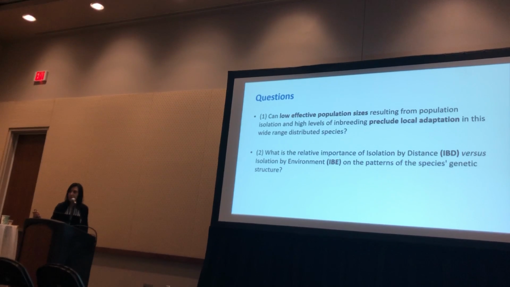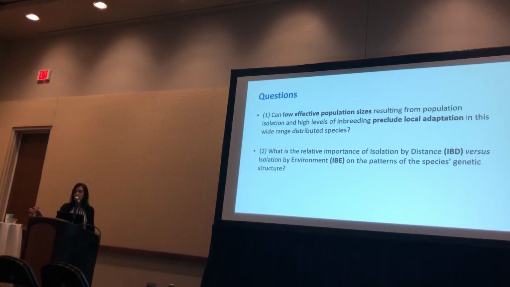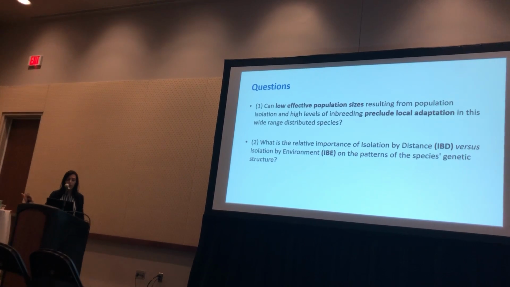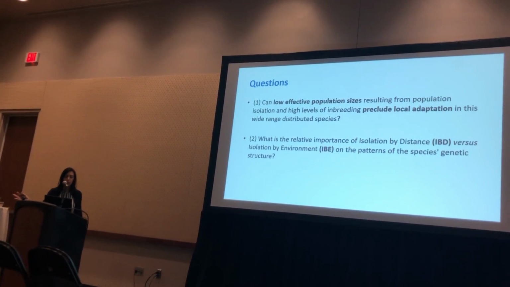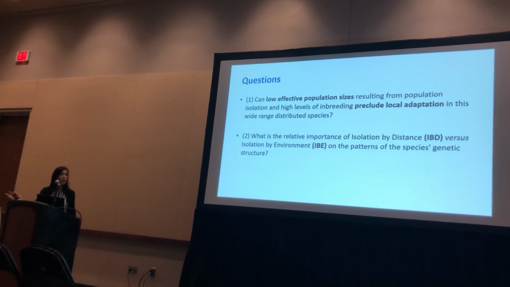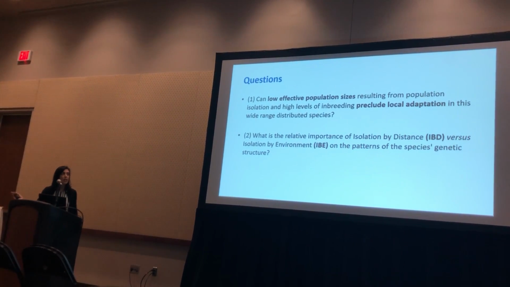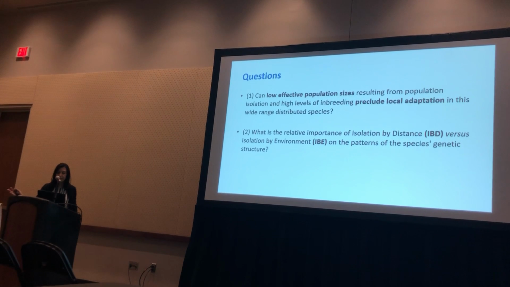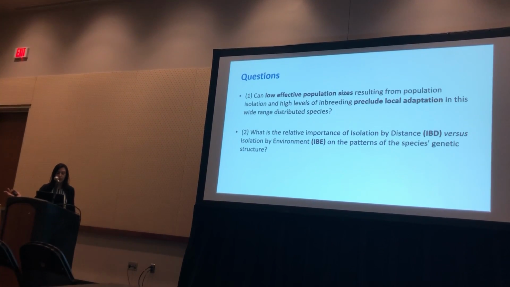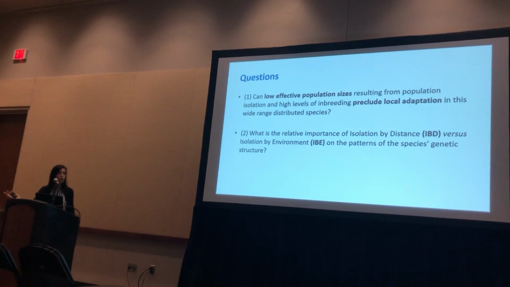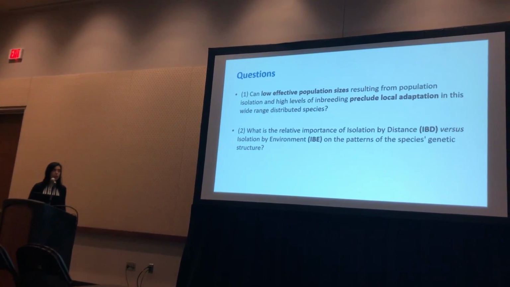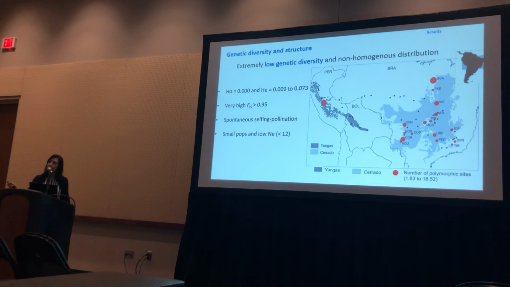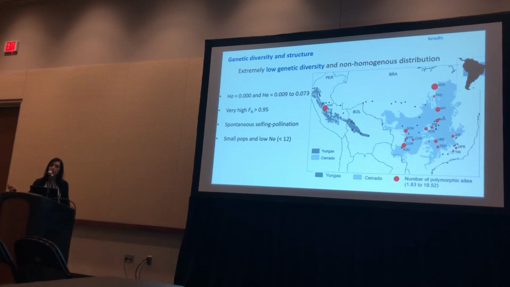With this sampling, we want to answer mainly two questions today. Can low effective population size resulting from population isolation and high levels of inbreeding preclude local adaptation in this wide range distributed species? And what is the relative importance of isolation by distance and isolation by environment on the patterns of species genetic structure? Jumping directly to the results, what we see here is that we have very strong,